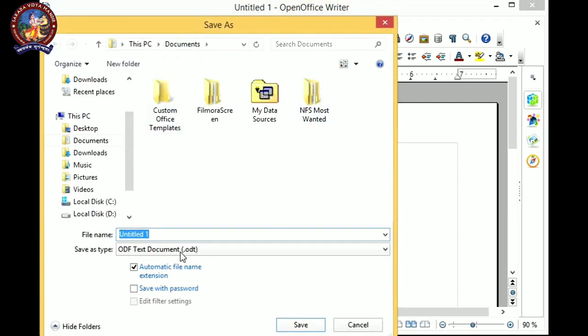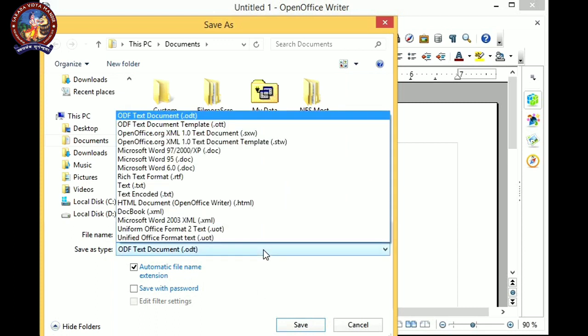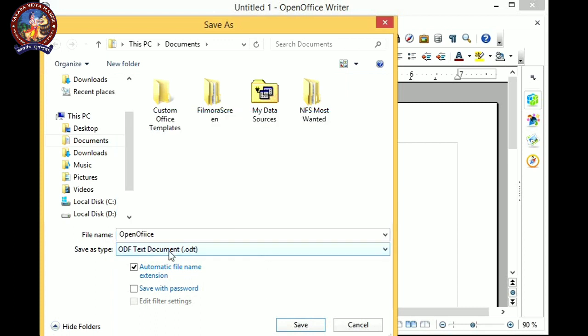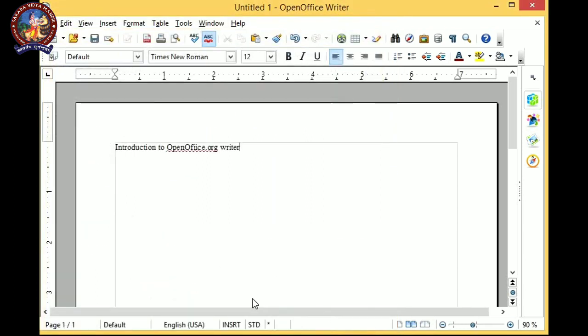So we need to save it. Let's save it with a name, I'm giving the name OpenOffice, and it is saved as an ODF text document. Save it. So now our document is saved. You can see that the title of the document has already changed.